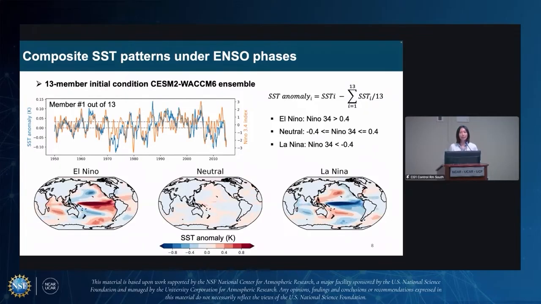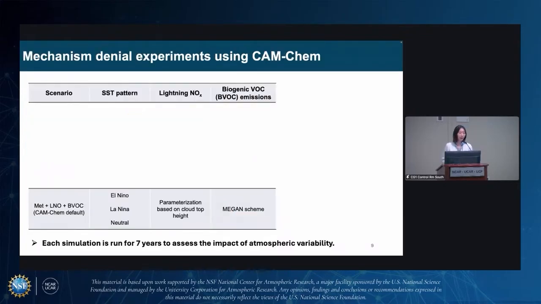I can further categorize the SST patterns together, average them over, and get these climatological SST patterns during El Nino, neutral, and La Nina conditions, shown as a map at the bottom. With these calculated SST patterns, I can attach them to the climatological SST pattern for year 2000, and I run three different CAM model simulations that are prescribed by these three representative SST patterns. And for each simulation, I run the model for at least 7 years to assess the impact of the atmospheric